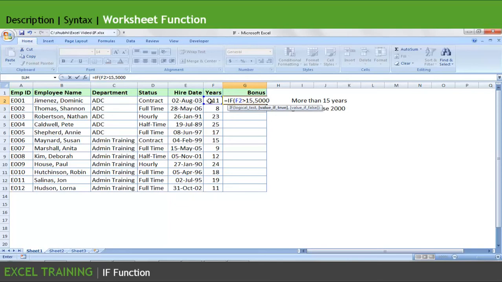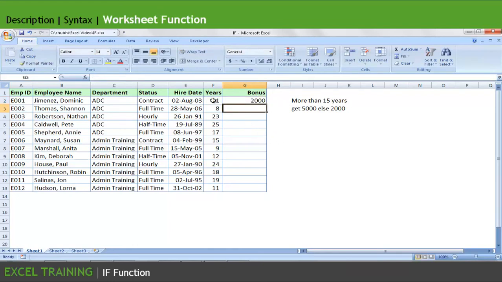Otherwise, to put the otherwise part, I'll put a comma again, and I'll say if not, then 2,000 rupees should be given. That's it. We will close the bracket and press the Enter key.